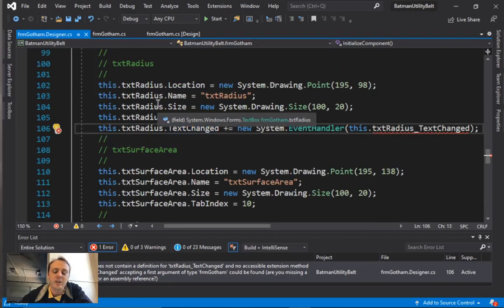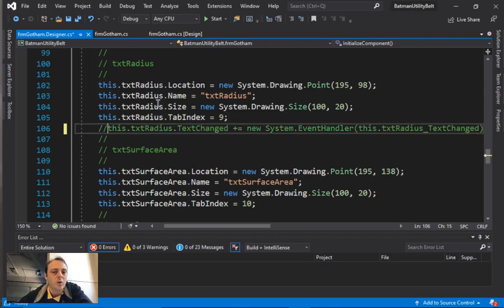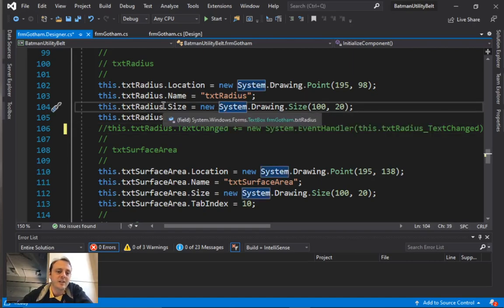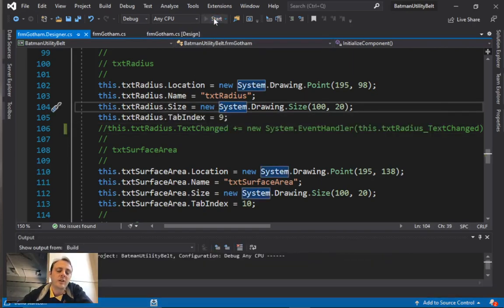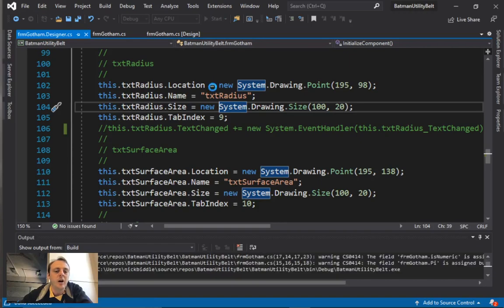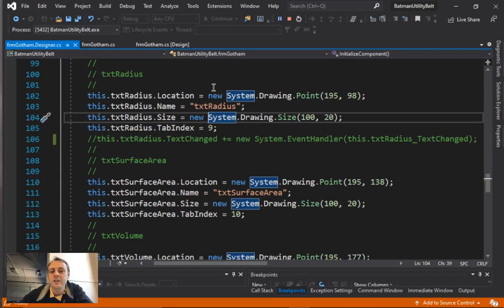Now if you've got an error, one of the easiest things to do without deleting it is to comment out the problem. We don't actually need that to be the case anymore. So I've commented out the error right now, and when I click play, hopefully it will not find any errors at this point, but we'll probably find that it's not actually going to work